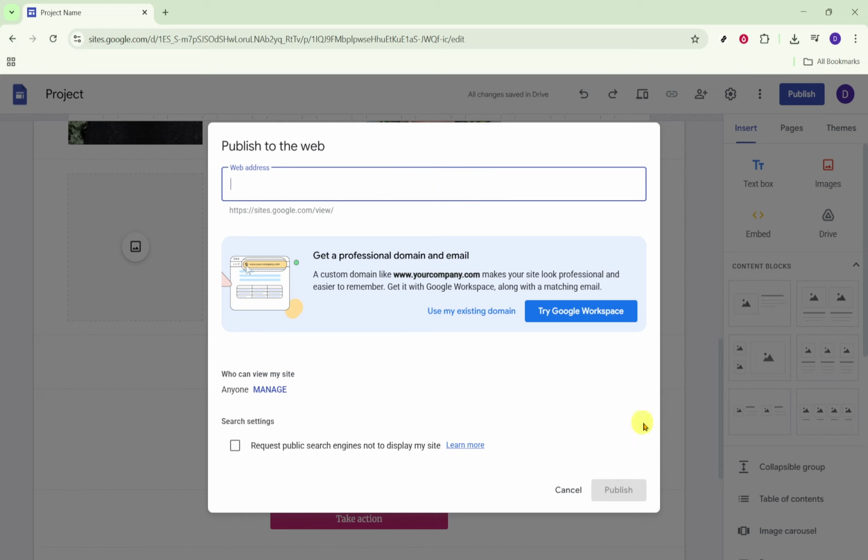Anytime you need to adjust content, repeat this flow. Open your site from